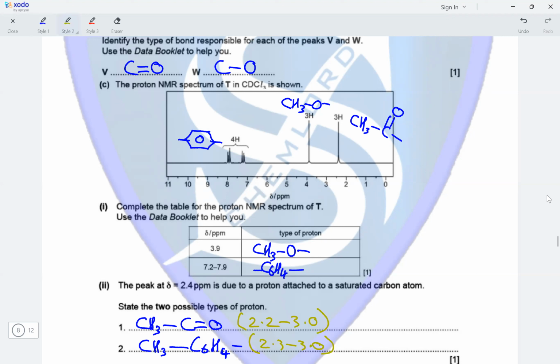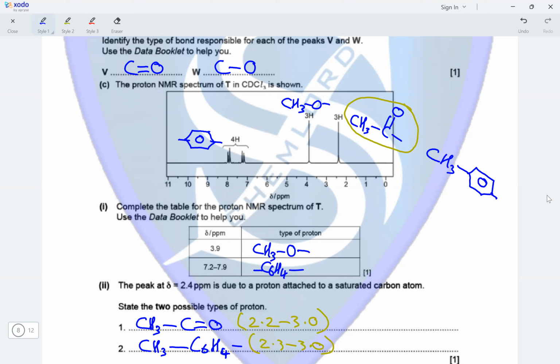The two peaks are very close to each other, which means that this group is similar to the CH3 being next to the aryl group or the aromatic ring. So what makes more sense is that CH3 is next to the aromatic ring and not next to C double bond O, because in total there are nine carbon atoms present. So six of them belong to the benzene ring, one of them belongs to the CH3 single bond O,